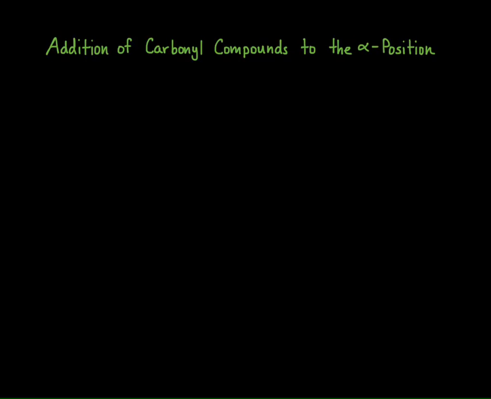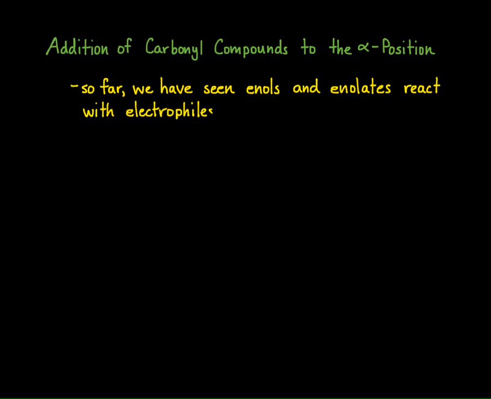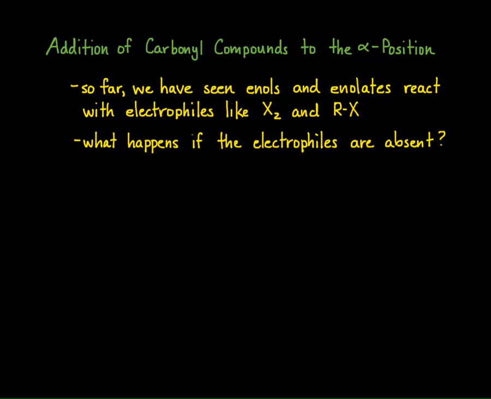In this recording, we're going to take a look at how enolates can react with carbonyls as electrophiles. So far, we've seen how enolates and enols can react with certain types of electrophiles like halogens and alkyl halides, and they undergo halogenation at the alpha position, and they undergo alkylation at the alpha position. One of the questions is, well, what happens if an electrophile isn't present and conditions are possibly right for another reaction to take place? Well, let's take a look